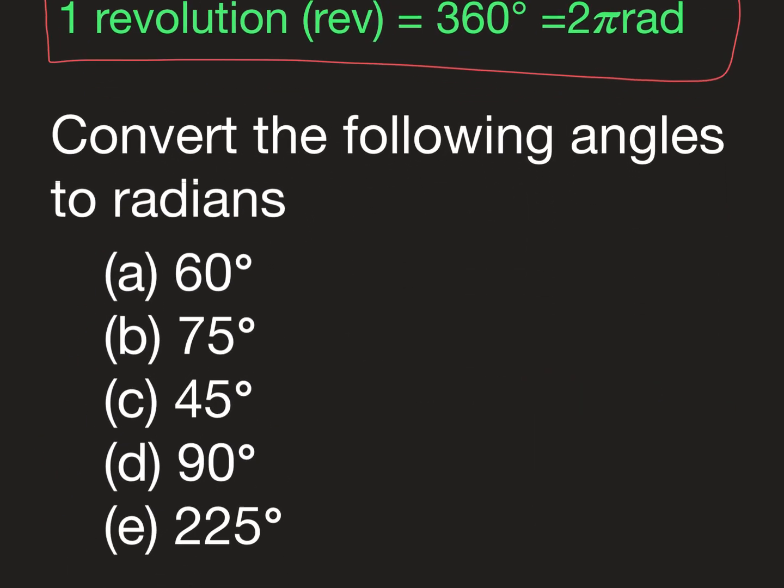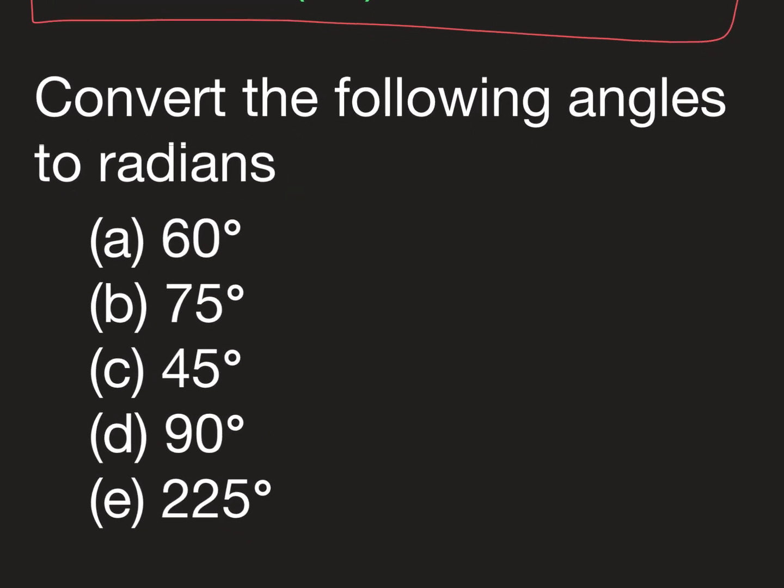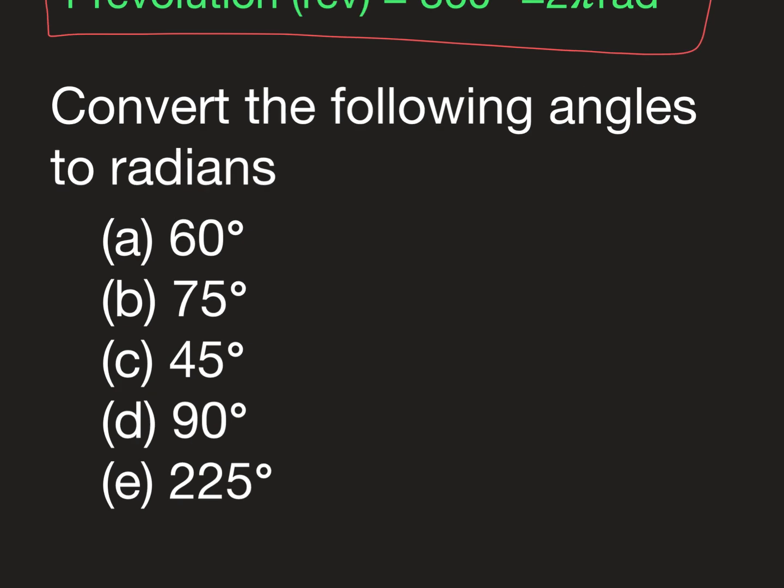And the question that we have here is: convert the following angles to radians. The first question is, we have 60 degrees. We want to convert it to radians. So how do we solve that? We know that the relationship between radians and degrees is that 360 degrees is equal to 2 pi radians, right? So for question A,